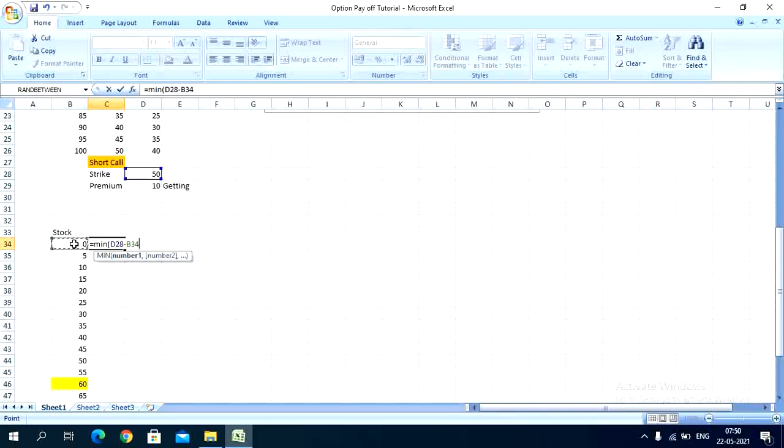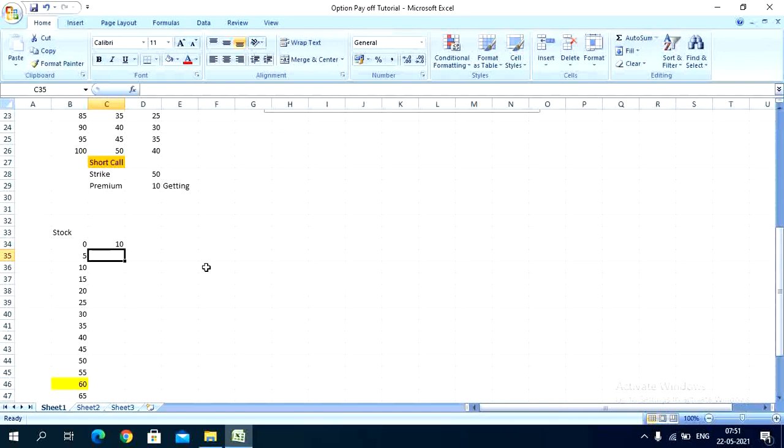You already got a premium, so that premium amount should be added with that. So premium amount is 10 rupees. Now I can put a comma, and the value will not be 0 because you already have got a premium of 10 rupees. So either the value will be something negative, or that premium you have got, 10 rupees. Here I can put the dollar sign just to make it static, so $28 and D29, and here also. Now I can close the bracket.